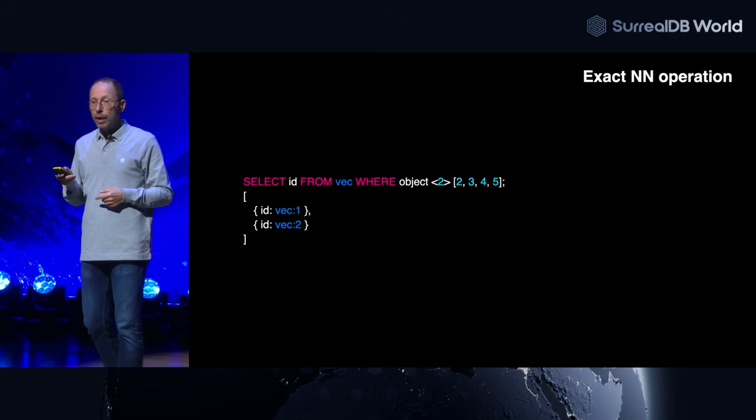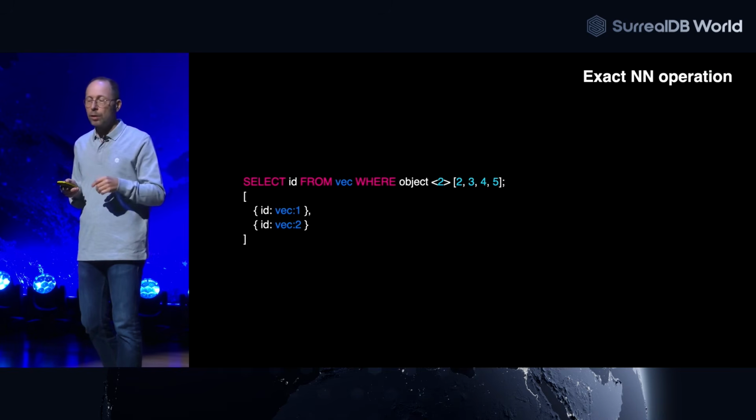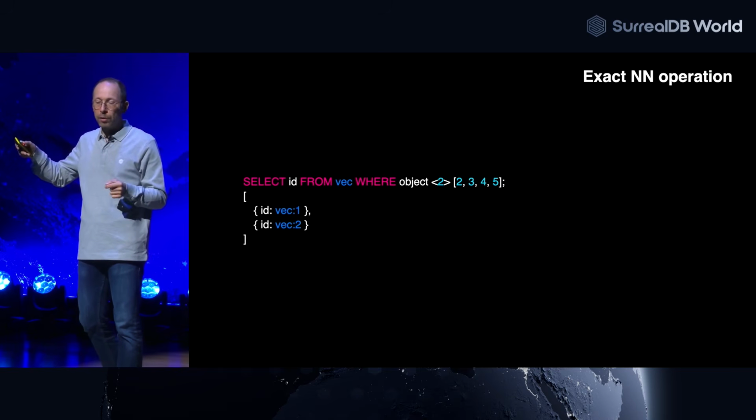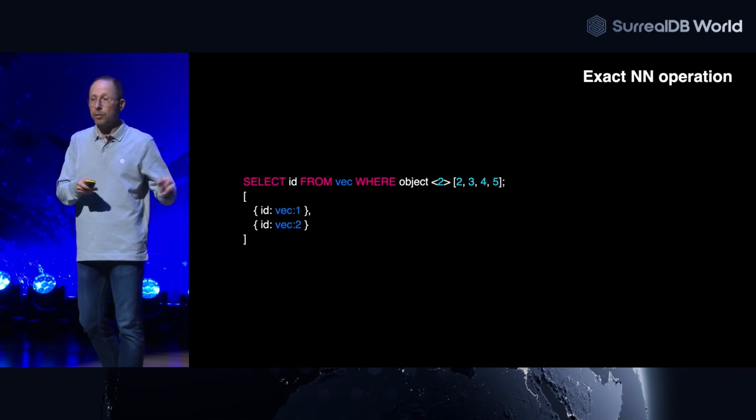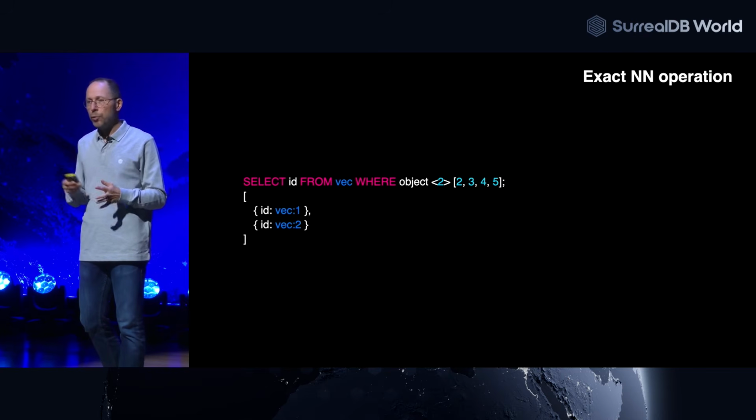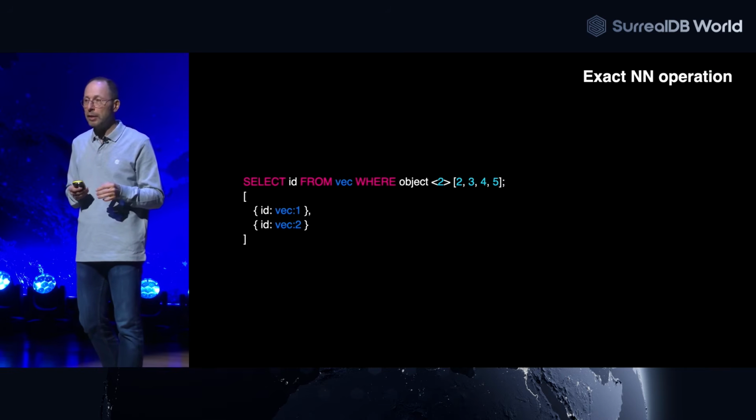Symmetric M-tree index. Why is M-tree useful? It's useful because it gives you an exact NN operation. Sometimes it's called brute force in some other environments. When you want to make an exact NN operation because you want to validate your model, then you may use brute force, which can be really slow. So we didn't make any brute force implementation. We decided to go with an indexing that supports exact NN operation, still pretty fast, not as fast as the other one that we're going to see after, but you can already validate your model and make it work a little bit slowly, but fast enough probably for validating your model.